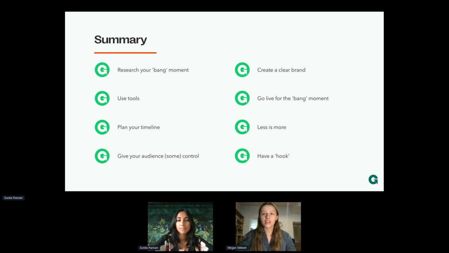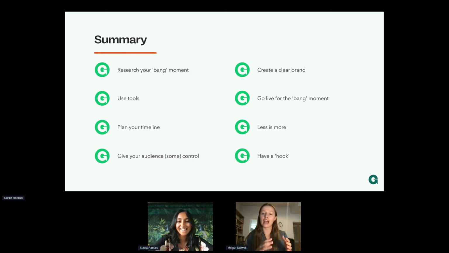One of the things that we have done around sustaining engagement after a bang moment, the tip that I would suggest, is having a landing page, or maybe just a tab or a section on your website.